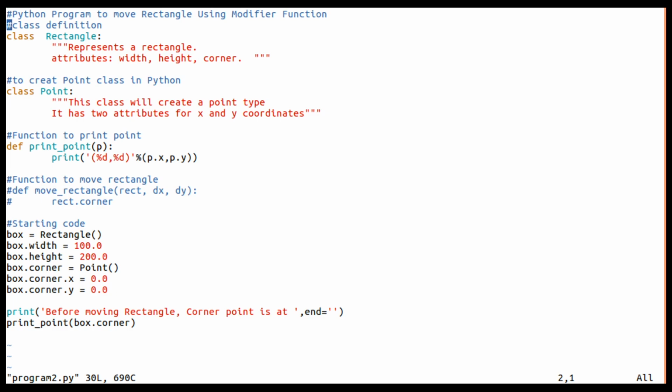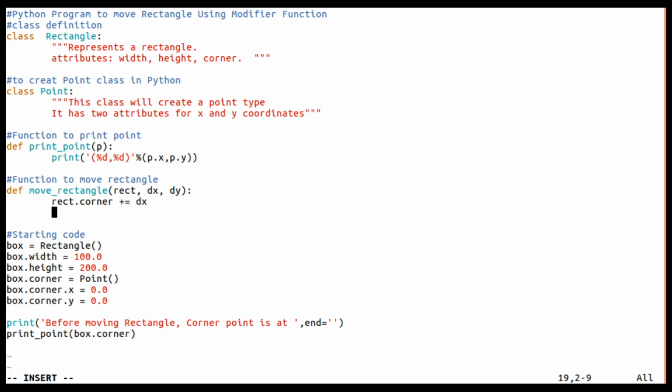Now I am going to write the function which will move it. Here it has received a rectangle and dx, dy. Here rect dot corner dot x plus is equal to dx. Similarly rect dot corner dot y plus is equal to dy.